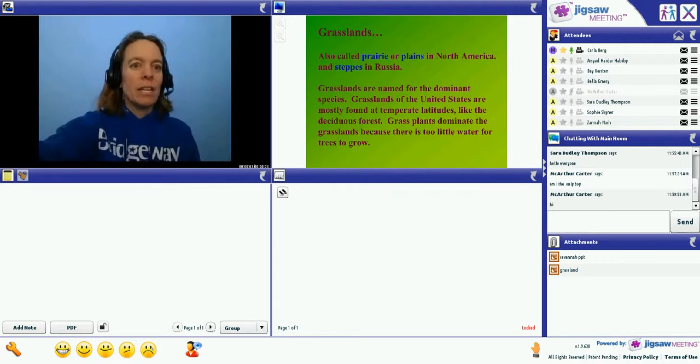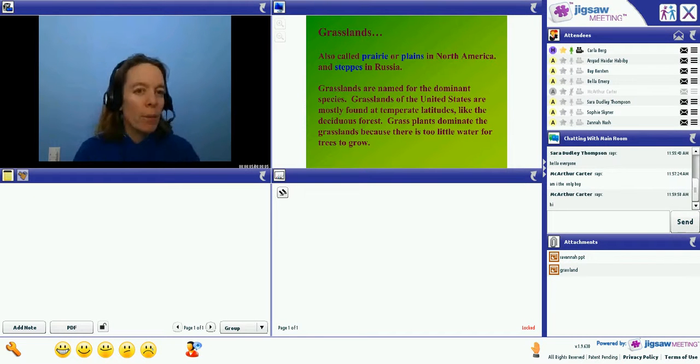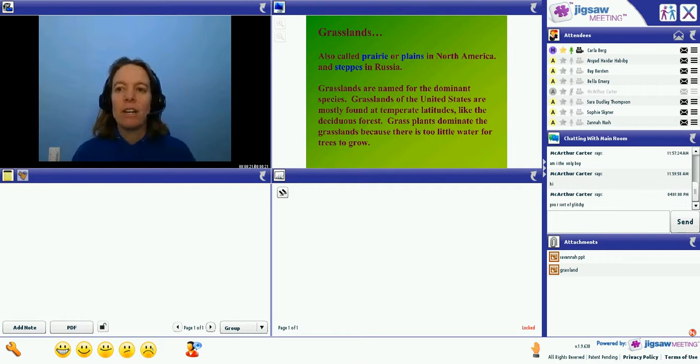Biotic and abiotic factors. We had some homework talking about a grassland, and I asked you each to observe a grassland, list some biotic and abiotic factors. Can anyone remind me what an abiotic factor is? Raise your hand. Sarah, what is an abiotic factor? Non-living.